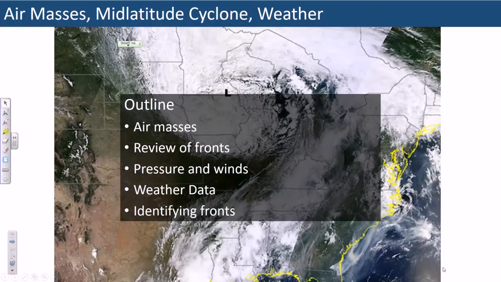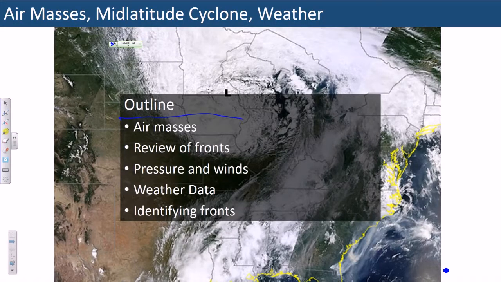Air masses, mid-latitude cyclones, and weather. This information pertains to chapter 19 from your textbook, but we're also tying it to exercises in your lab book, and I'll be running through some examples showing you how to plot weather data and how to interpret weather fronts. But first, I want to go ahead and do the first part of this, which is going to be to